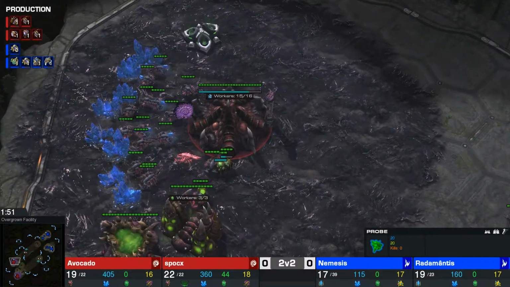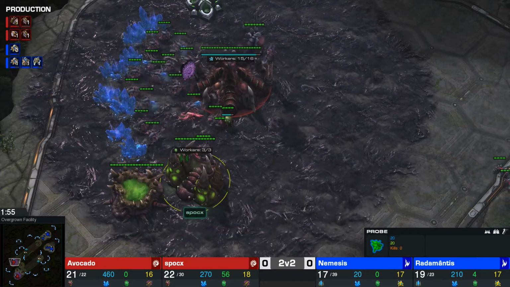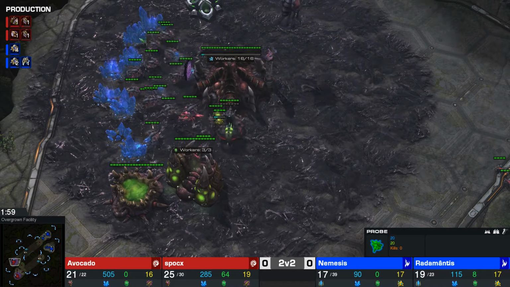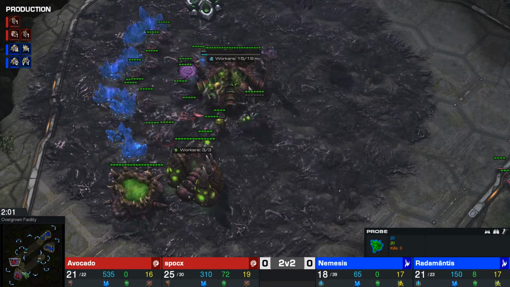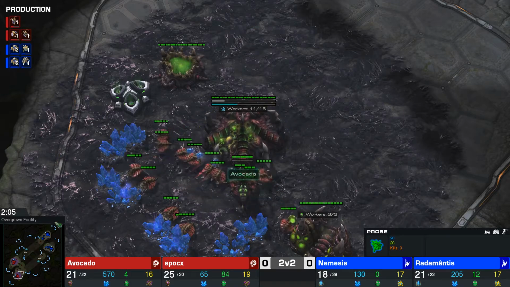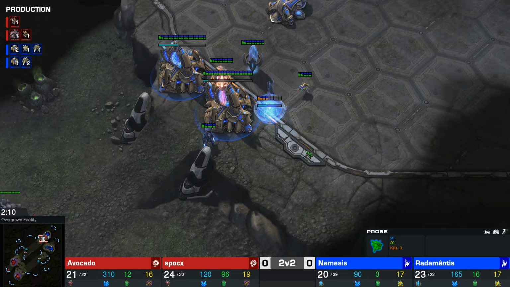So after a while, I get my extractor. Obviously, I get the 16 drones, get the overlord supply, get the metabolic boost going. I'll just minimize that real quick for you guys. And my friend as well is doing the same thing, both getting metabolic boost. We're gonna go a bunch of zerglings, maybe some banelings, see if we can bust in and get some kills